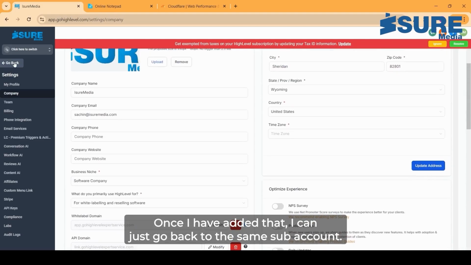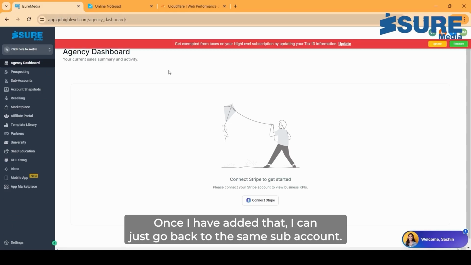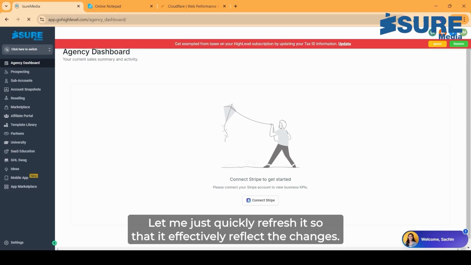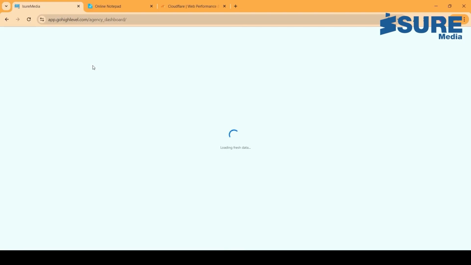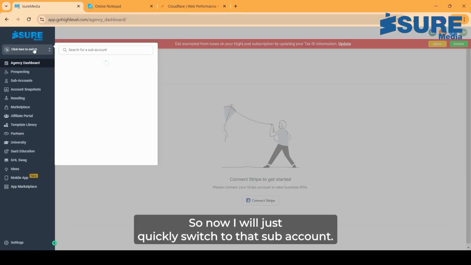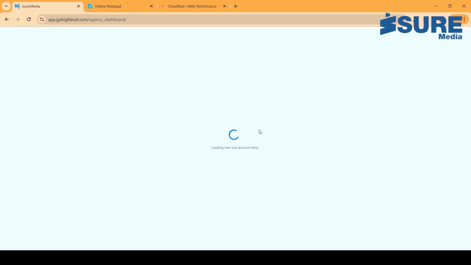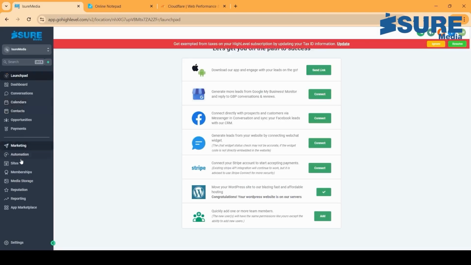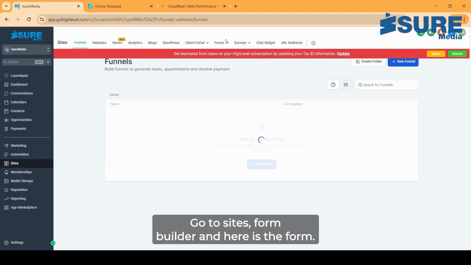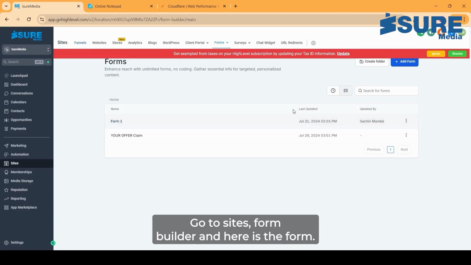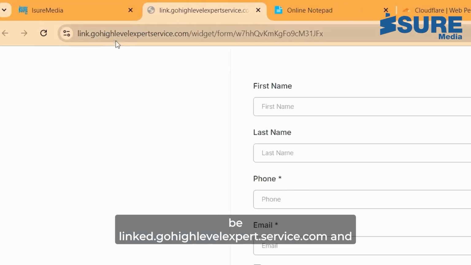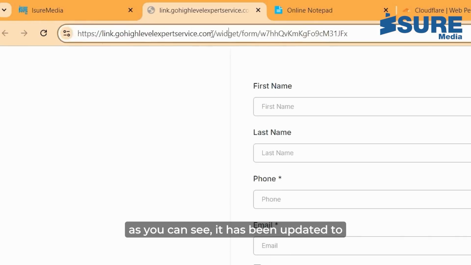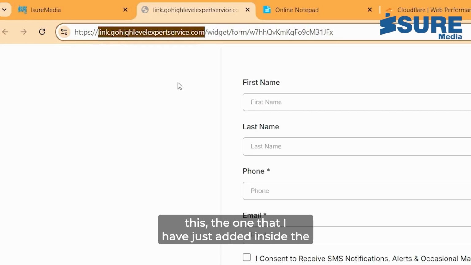Once I have added that, I can just go back to that same sub account. Let me just quickly refresh it so that it reflects the changes. So now I will just quickly switch to that sub account, go to sites, form builder, and here's the form. And now if I preview the link, it should be link.gohighlevelexpertservice.com, and as you can see it has been updated to this, the one that I have just added inside